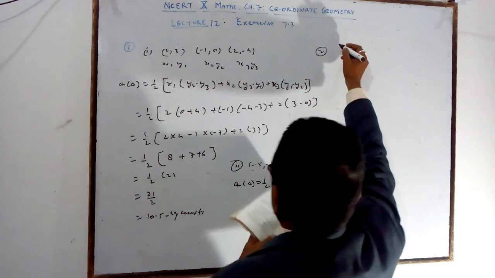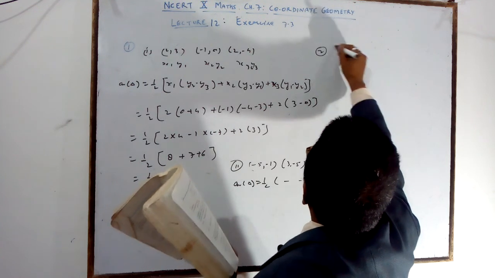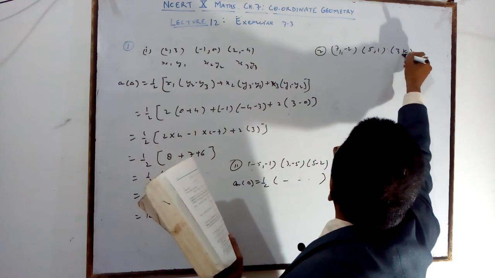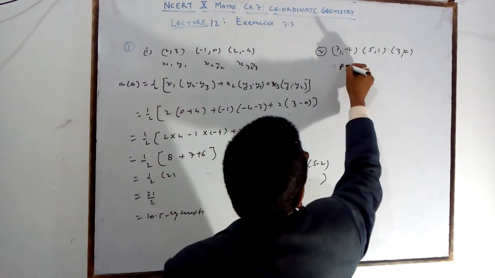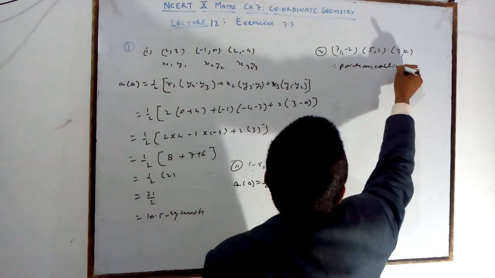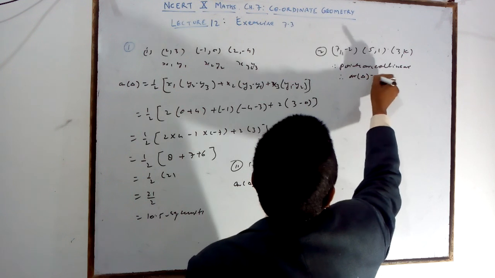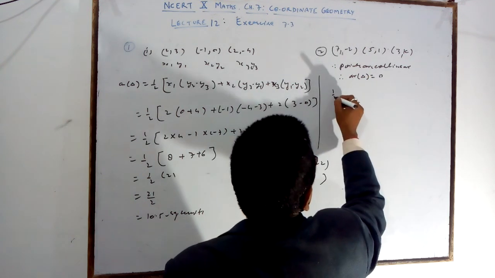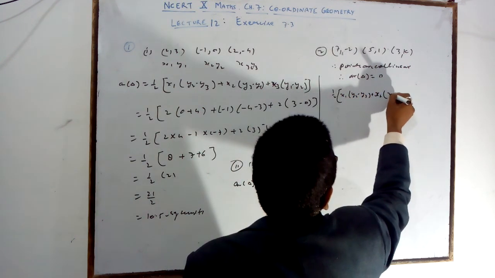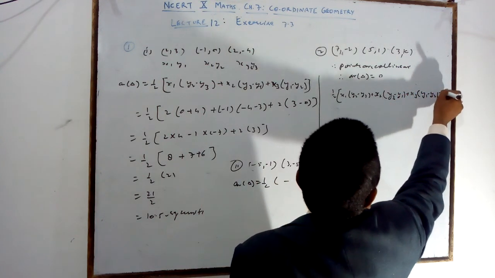Question number 2, first part: (7, -2), (5, 1) and (3, k). Because the points are collinear, the area of the triangle is always equal to 0. Put the values here: half of x1(y2 minus y3) plus x2(y3 minus y1) plus x3(y1 minus y2) is equal to